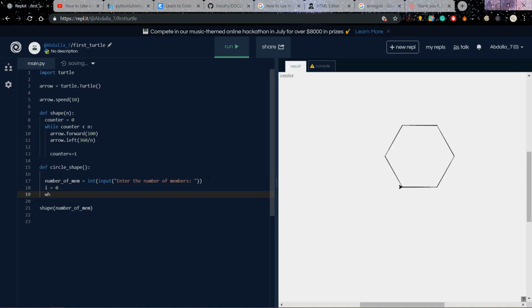Down here I will do a while loop. I will say while i is less than or equal to 100. Let's say we just want to run this 100 times. I'll come back down here and then I will say shape, because I need to draw this shape right here first. And then this function shape, what does it take? It takes n. And what is n? n is the number of members, 1, 2, 3, 4, 5, 6 here. Alright, so we just give it the number